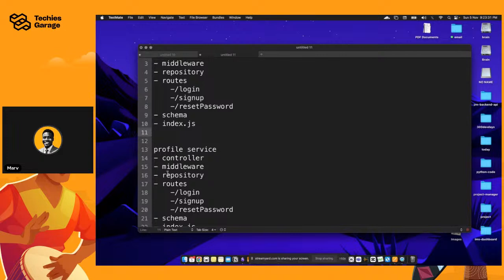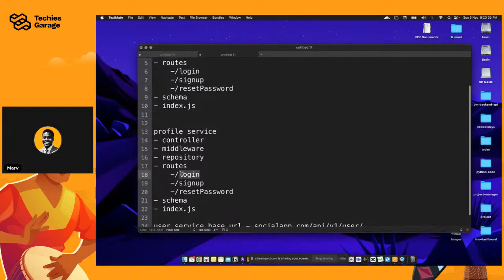So this is a profile service, and it would have its own set of resources. Maybe you want to get the profile details, which can be the base. Then you want to do update profile. You can simply stick to the base for some of these things, even to delete.